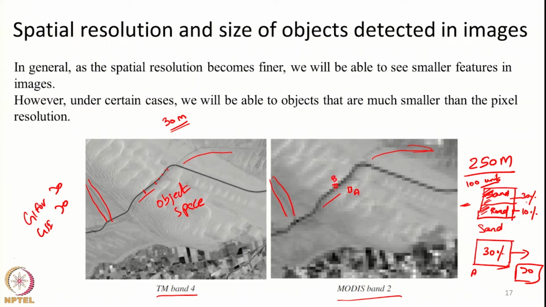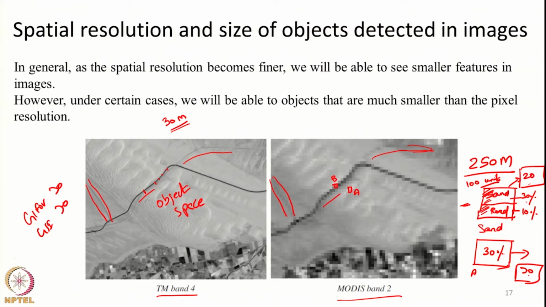For this particular pixel, pixel B, which contains a mix of sand and road, the outgoing energy will be the average of these two. Let us say both of them occupy half a pixel. So, it will be like 20% of energy. So, outgoing energy will be just 20. Let us say everything is equally distributed, half a JFOV is covered with road, half a JFOV is covered with sand, and both of them aligned in the same direction. So, the outgoing energy will be 20 units for this pixel,